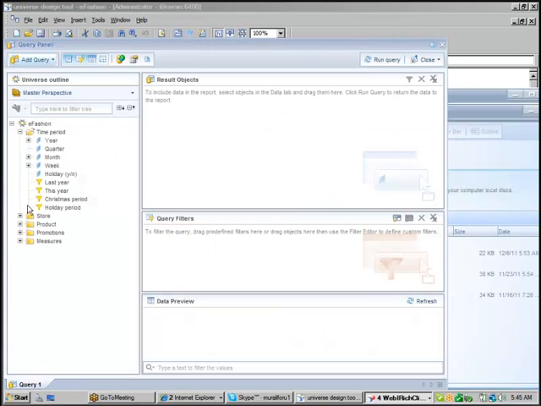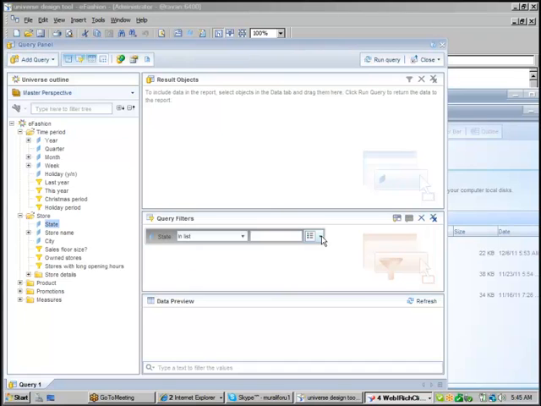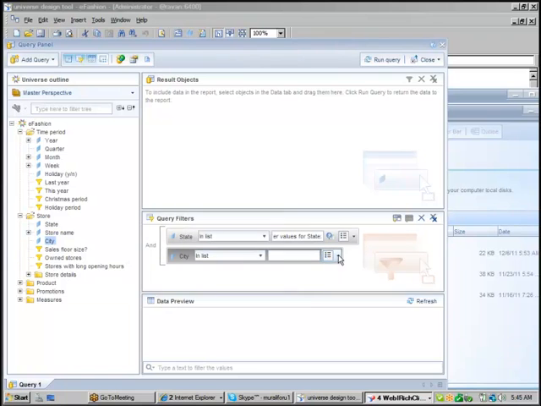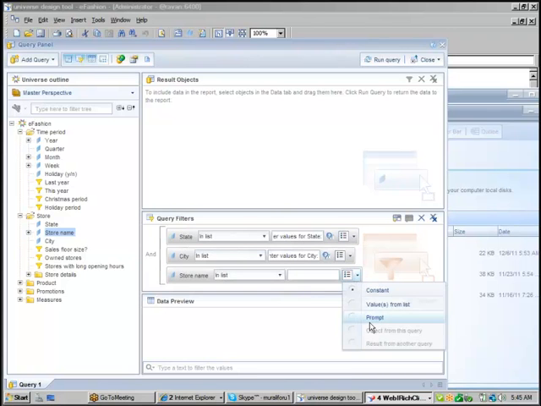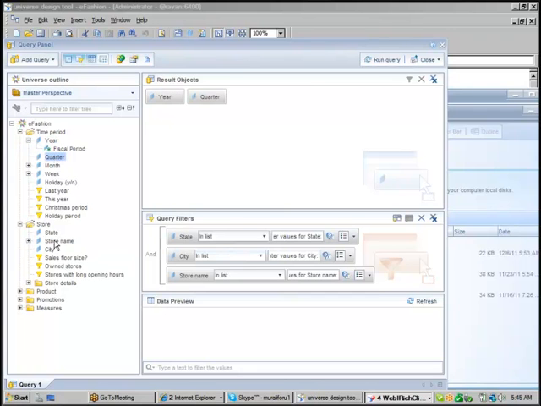When you click on select, this time simply I want to make a prompt on state, and city, and store name, and year, quarter, state.